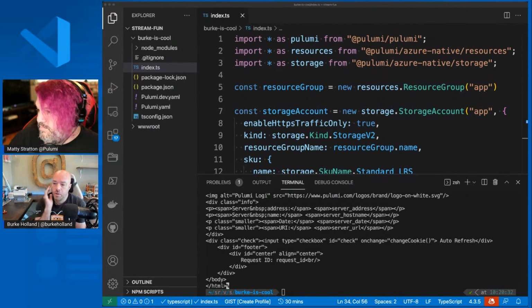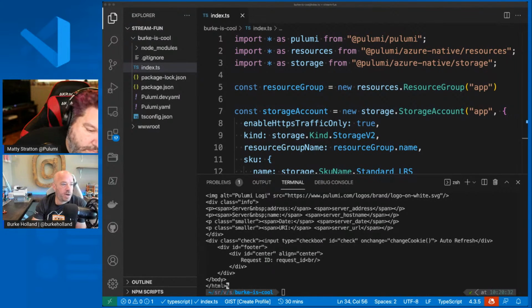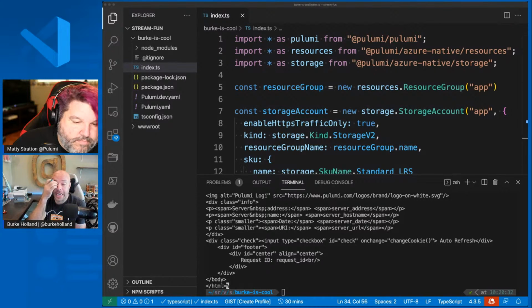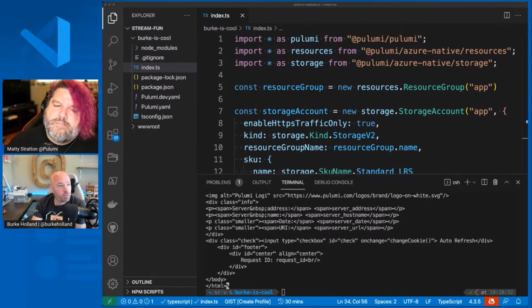All right. Well, we have another question, and this one is from Eduardo. I hope I'm saying that correctly, Eduardo. Does Pulumi support resource importing for changes, aka resource adoption? Again, I'm not really sure what that means. Matty, do you know? I'm trying to parse what that would mean.